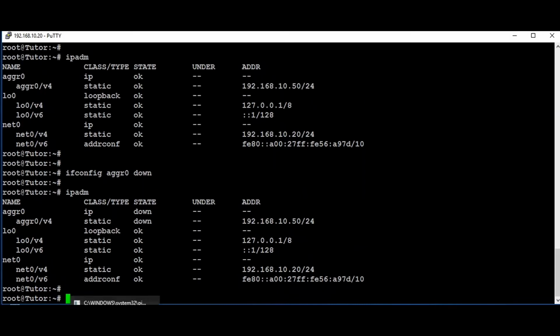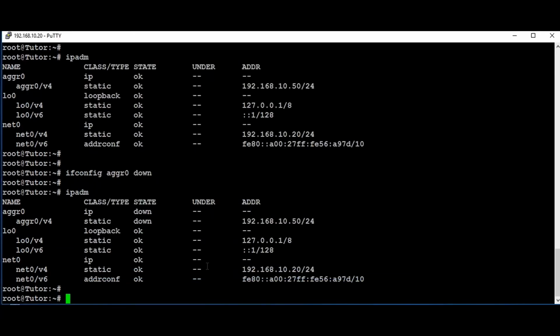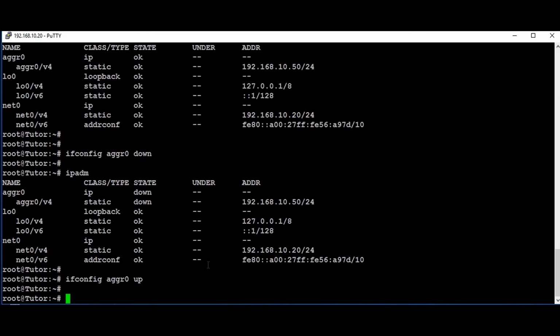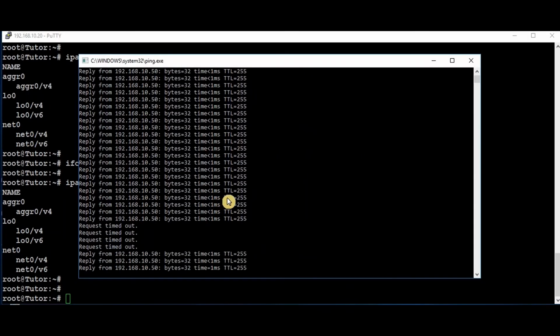Now we can check the ping status. See, it is showing request timeout. Now I am bringing the interface back up. ipadm shows it in OK state now, so it should ping now. Yes, now the continuous ping is happening.